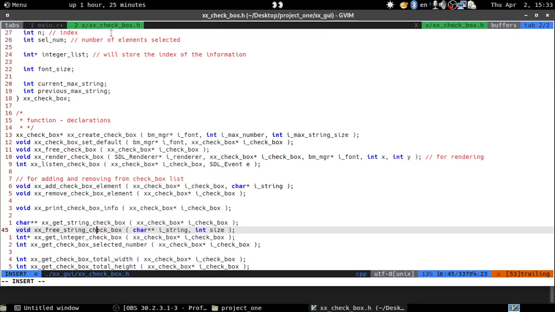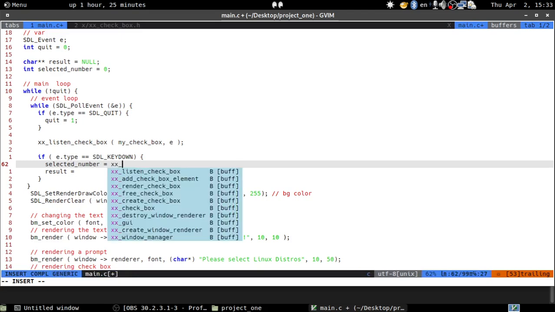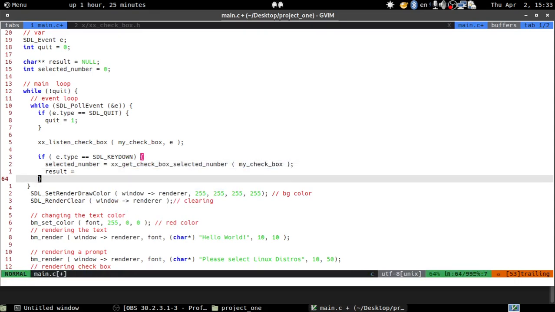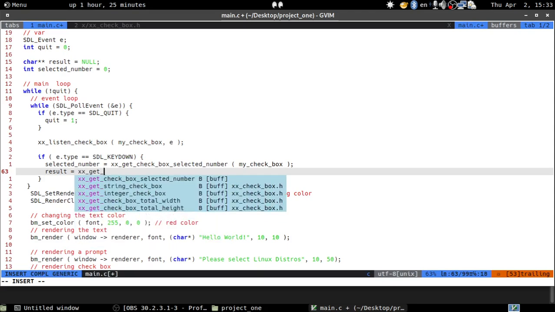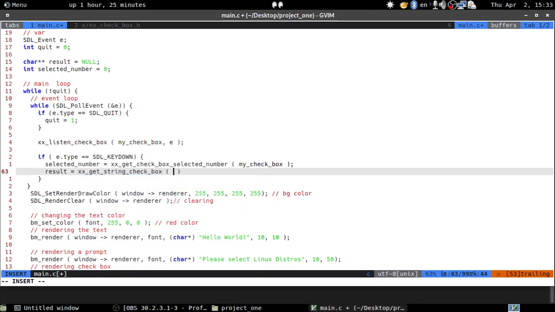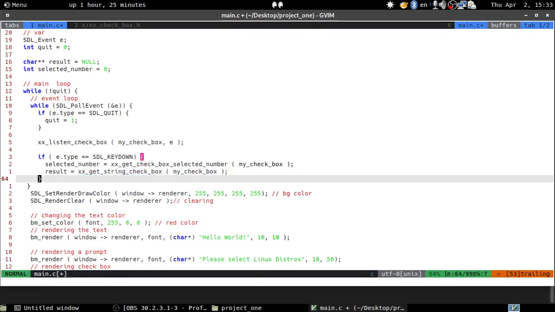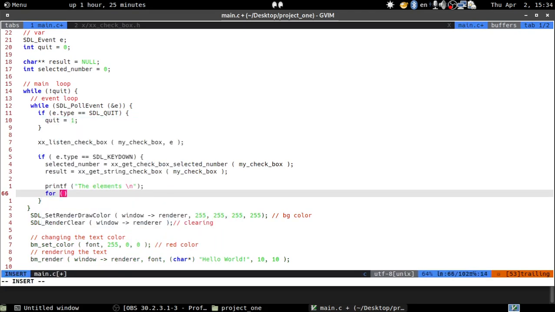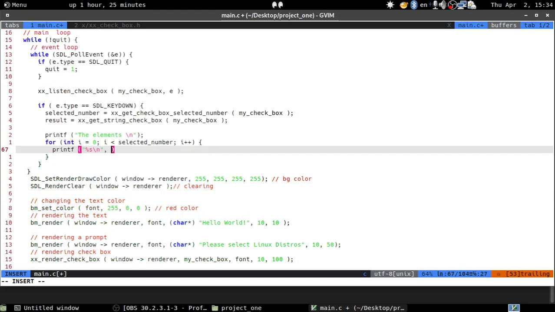To know how many elements are selected, we use this function XX get checkbox selected number. XX get checkbox selected number, my checkbox. In result, XX get string checkbox, my checkbox. Printf the elements: for int i is equals to 0, i less than selected number, i plus plus, printf percentage s and the result i. So I'm basically just